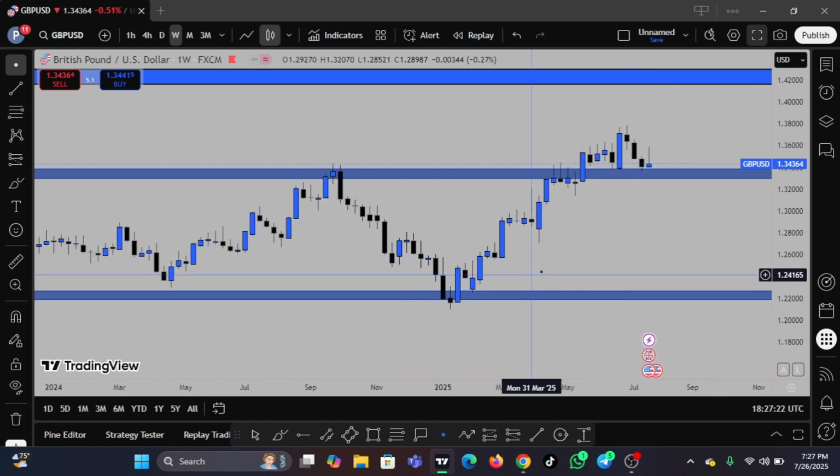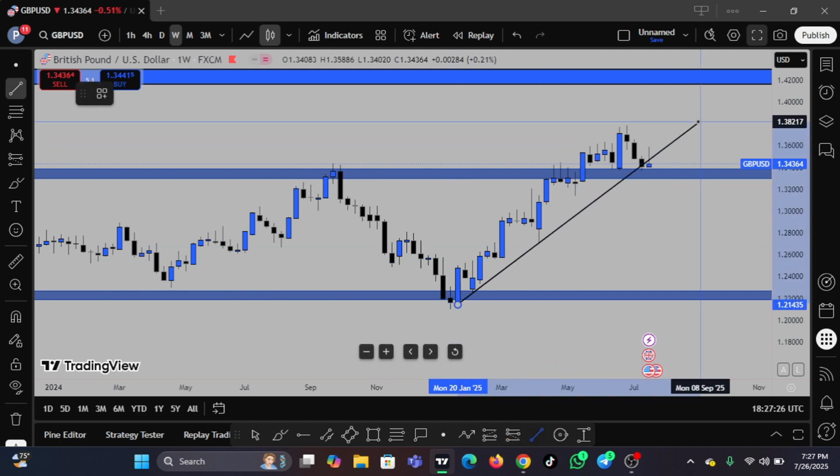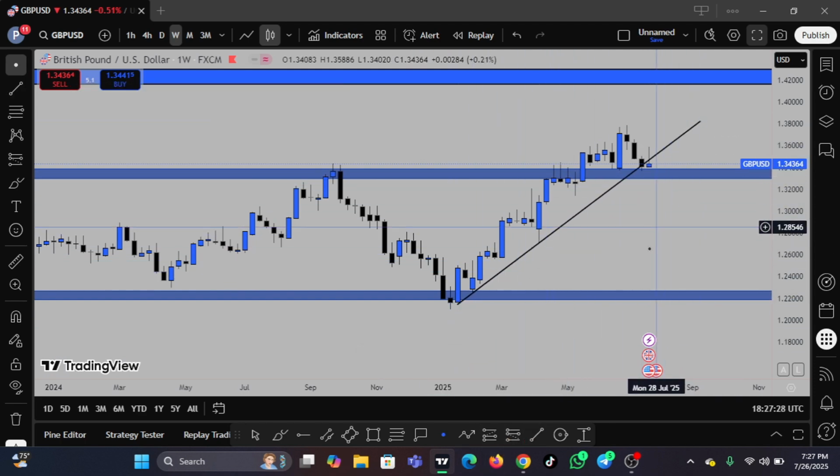If we look at this point, price has been trending upward in a beautiful trend line movement, and from here it's looking like we're already having a trend line break. But trading a trend line break, this small break does not mean that this trend line has become invalidated. No, this trend line is still active. We can still see price pushing up, and we can still rise to the top.